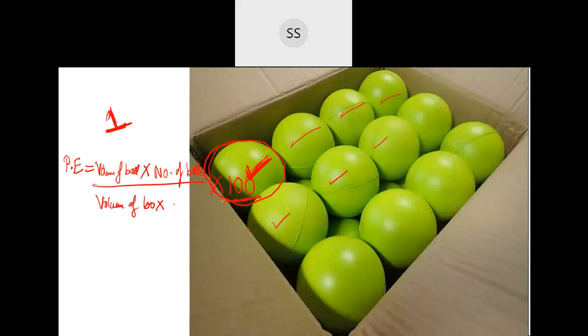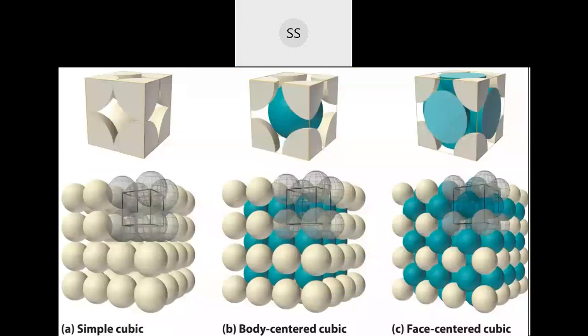So now we will apply the same thing for our unit cell. Now this you understood. It's basic maths you might have learned in your high school also. So now how are we going to calculate this same thing, packing efficiency, for the unit cell? We have different kinds of unit cell. You need to know how many atoms are present in the unit cell. Then you will be dividing it by the volume of that unit cell. Same thing here for body centered also. First you will have to calculate the number of atoms present in this unit cell, and their volume, then divide by the volume of that unit cell.